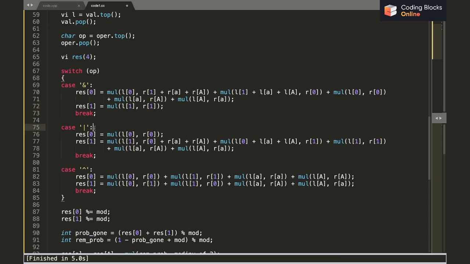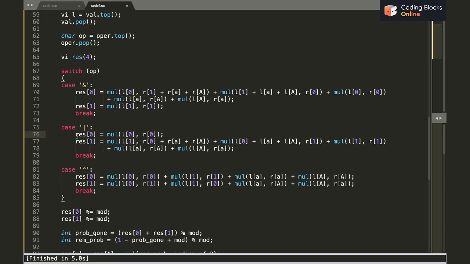In the case of OR, it's very similar. You just have to replace 0 and 1. I'll go through it once if that makes you understand it in a better way. If we are taking the OR, for OR to be 0, both of the values should be 0.